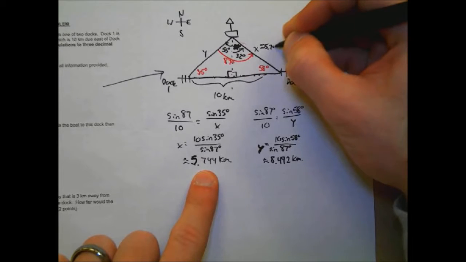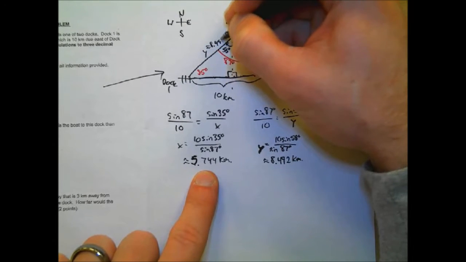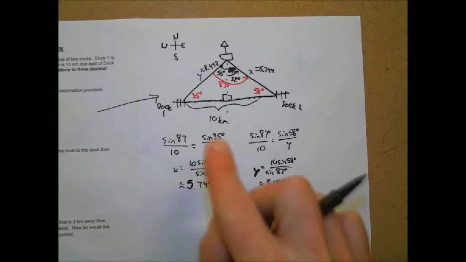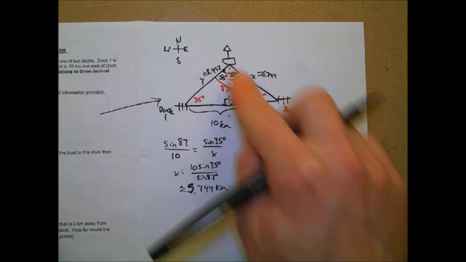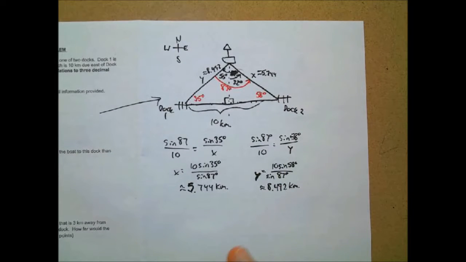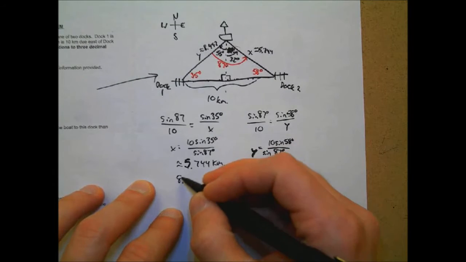And then that's about 8.492. Again, I would recommend this because you can watch where these lengths go. 5.744 is this length. So you want to say doc 2 is closer, but we have to figure out by how much. So what do we do to find out how much closer? Yep, subtract. So 8.492 minus